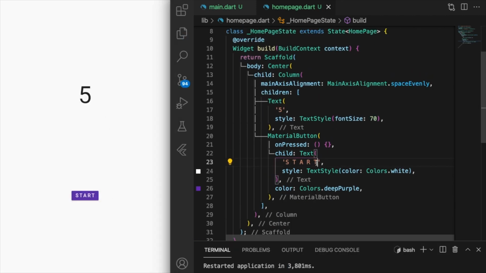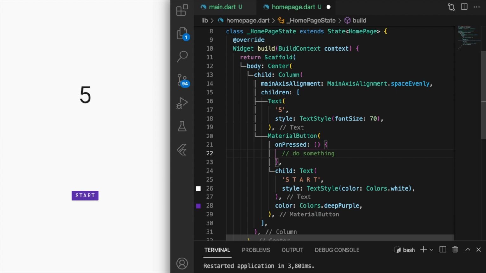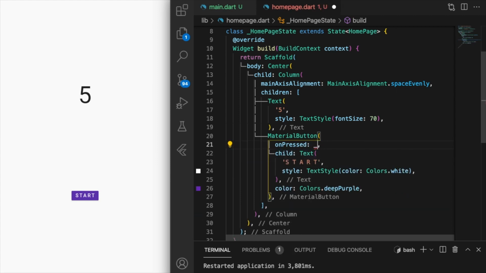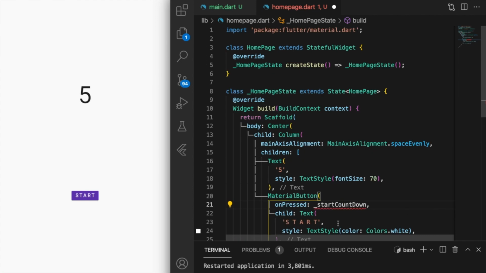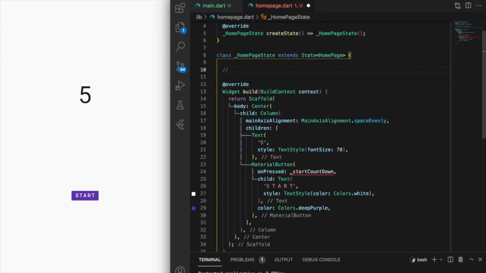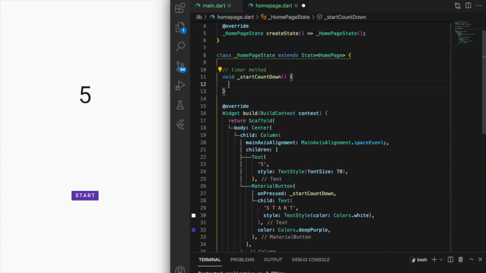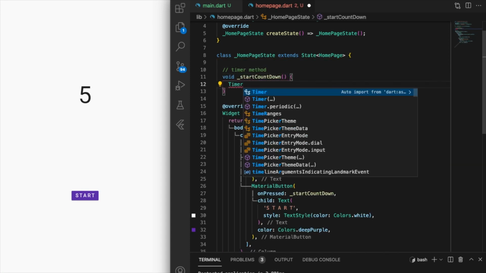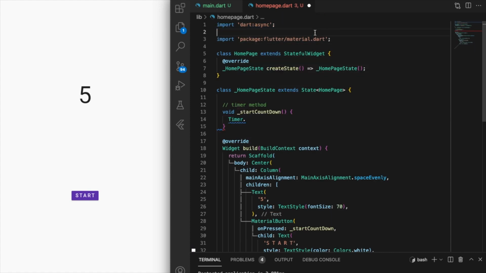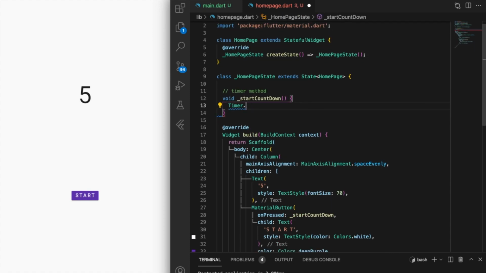Okay, awesome. Now in this material button, when we press it, we want it to do something. So what we want it to do is to start the timer. So let's create this method. Let's call it start countdown and come up to the top and let's create this countdown method. Now the crucial thing here is the timer. You can see that there's the option to import it. So make sure at the top you have this .async imported,